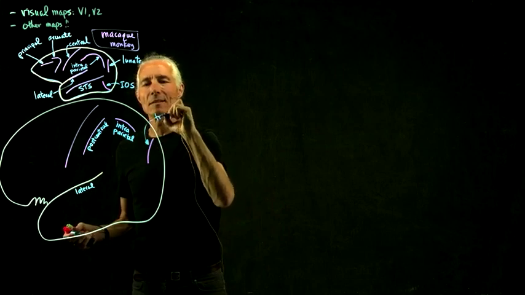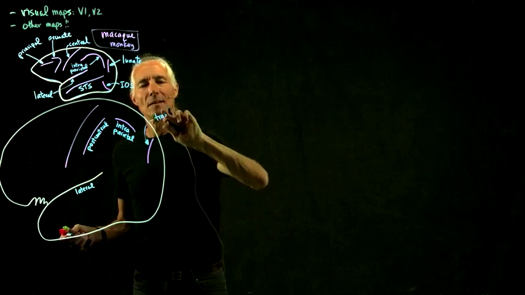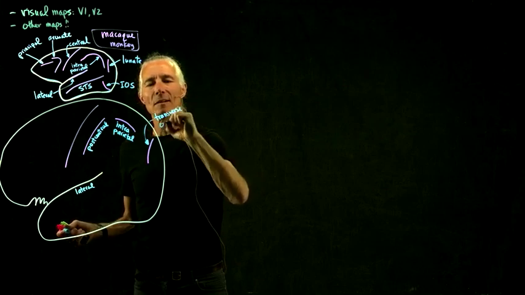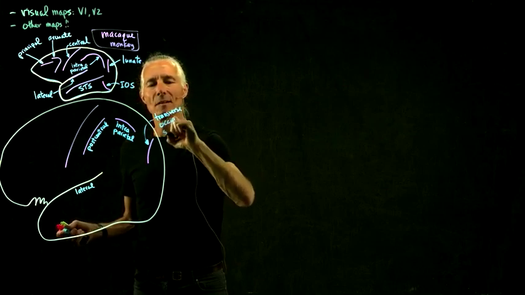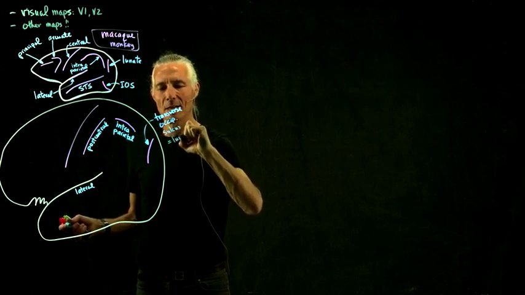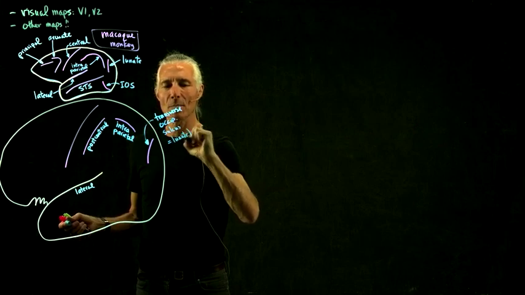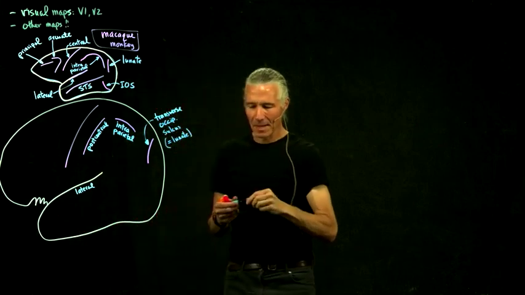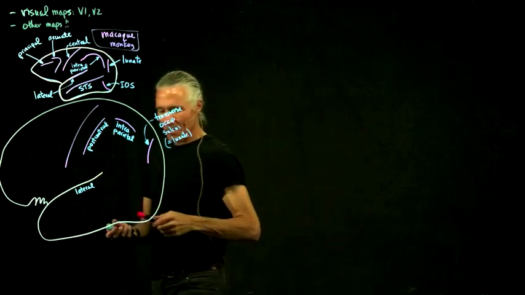So the transverse occipital sulcus basically equals the lunate. This is just to help if you ever go back and forth with the actual monkey data. And then there's the STS,